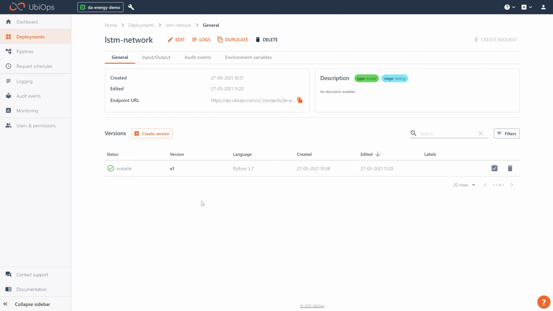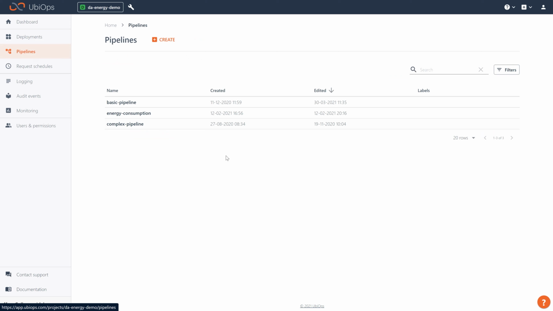As mentioned before, I want to use it inside this workflow where first I retrieve data, push it to the LSTM network, it does its work, and then the prediction data out of that will get written away to the database again. So to do that, I need something called pipelines. Pipelines are a way in UbiOps in which you can connect several deployments together to create workflows. These can be sequential, but they don't have to be. So I can show an example, for instance,